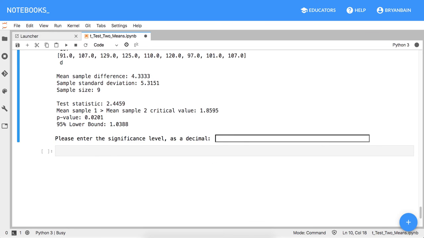Okay. So our printout has some information: the mean sample difference is 4.333, so 4 1/3. Our sample standard deviation is 5.3151. Sample size is 9. So again, with dependent samples, we should have the same number of elements in the first data set as we have in the second data set. Here we have our test statistic, our critical value, our p-value, and our one-sided confidence interval. In this case, our 95% lower bound. So these values